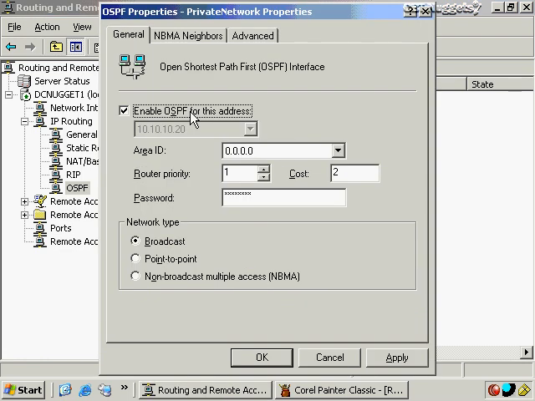And then with OSPF, you're going to work with areas. This is how OSPF will break up the announcements that it makes to the other routers. You can break up into multiple areas. And that way, the OSPF routers are only going to communicate directly with other OSPF routers within the same